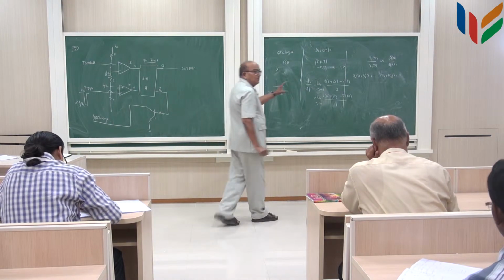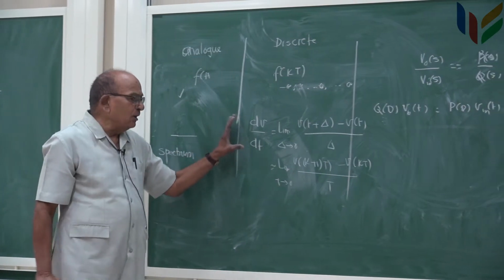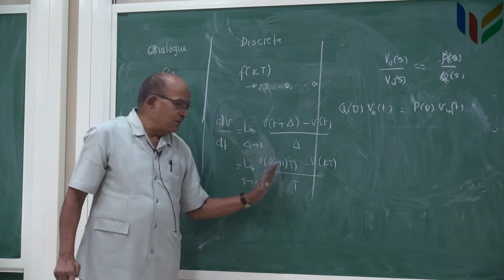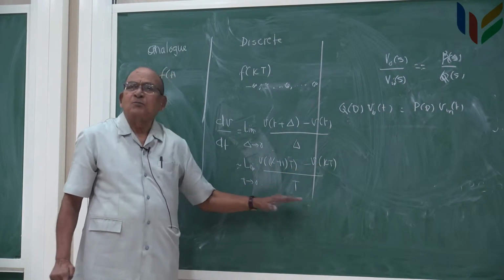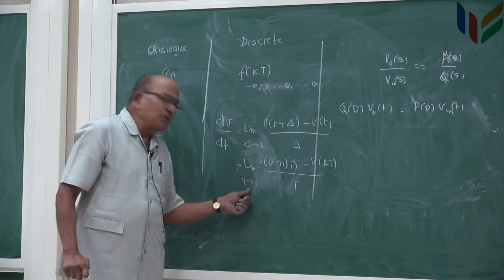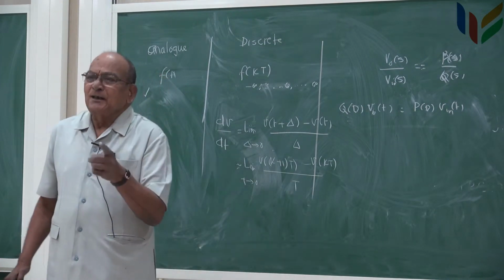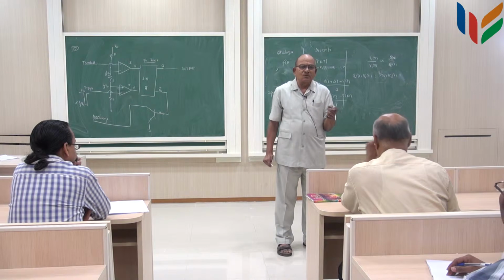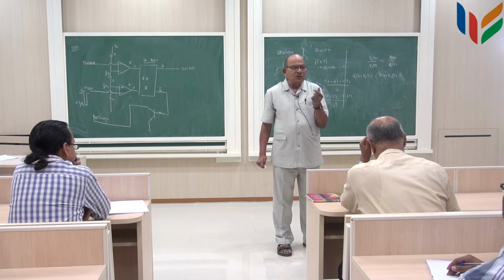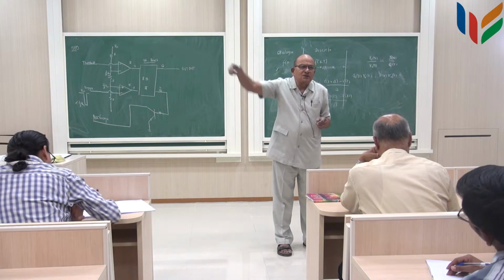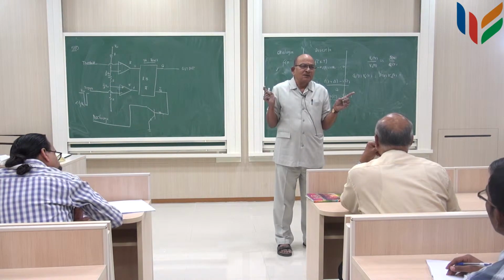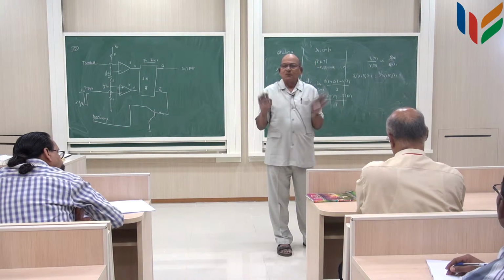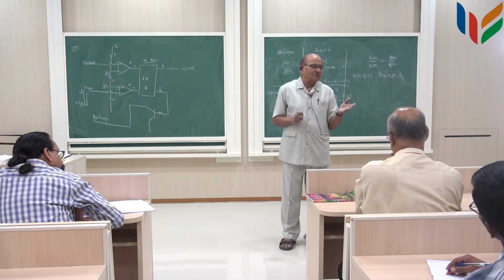So, my derivative operation on a signal is equivalent to finding two consecutive samples, taking a difference between them and dividing by some constant T. The T must be sufficiently small, and we have guaranteed that T is sufficiently small by the sampling theorem, that T is less than or equal to 1 by 2B. What it means is, if there are abrupt changes in the signal, bandwidth will be larger, and since bandwidth is larger, you must sample more closely. So, this we have taken care of by choosing an appropriate sampling rate.